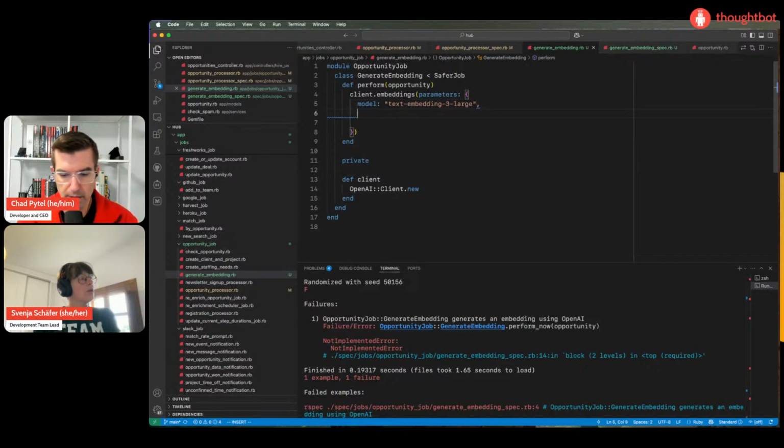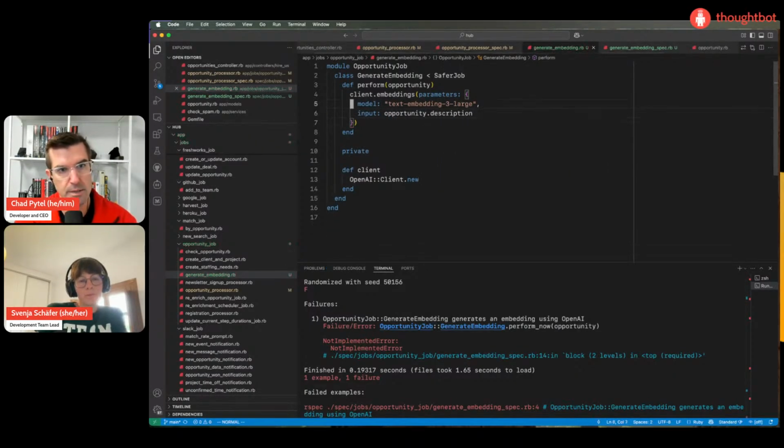And then we say input. In this case, we can embed anything from the opportunity that we want. We'll start with the description because that's what the spam checker needs. But we could also add additional fields like the source and that kind of thing. Okay. But the source is what they heard from us, or is the source like okay? Yeah. Yeah, I guess the description makes sense.